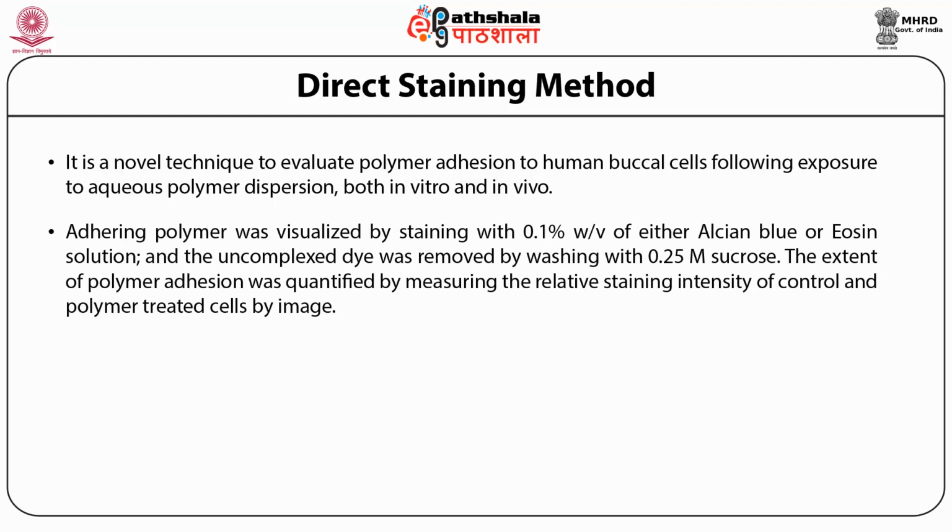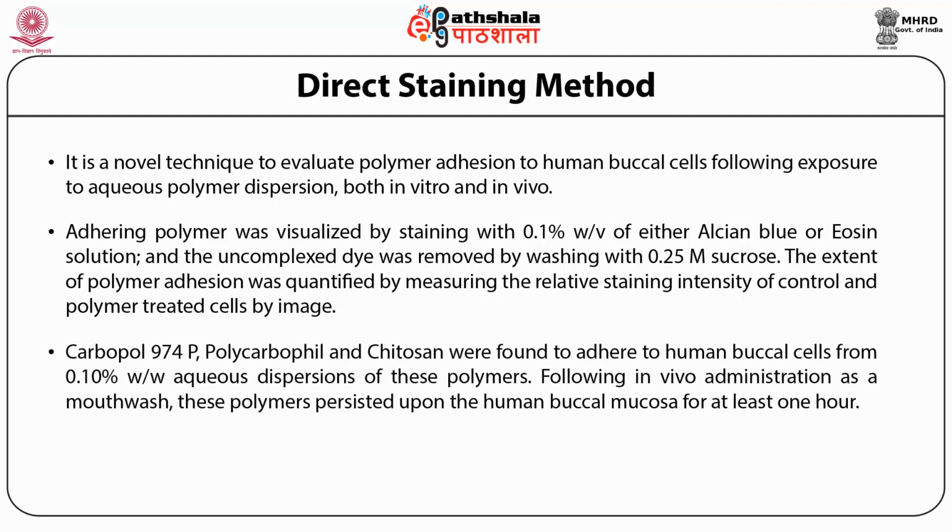The adhering polymer is usually visualized by staining with 0.1% weight by volume of either Alcian blue or eosin solution, and the uncomplexed dye is then removed by washing with 0.25 molar sucrose. The extent of polymer adhesion is quantified by measuring the relative staining intensity of control and polymer treated cells by image analysis. Carbopol 974P, polycarbophil, and chitosan are usually able to adhere to human buccal cells from